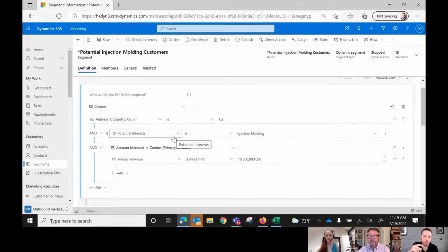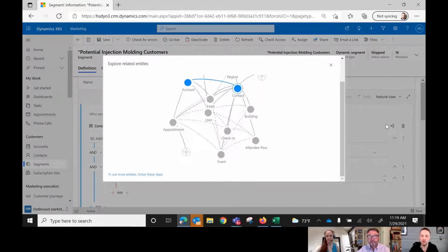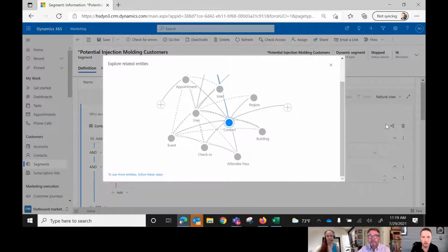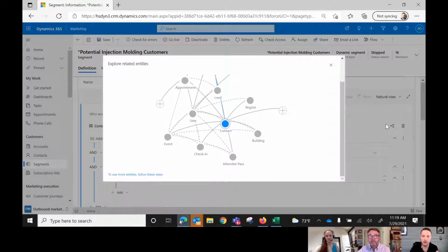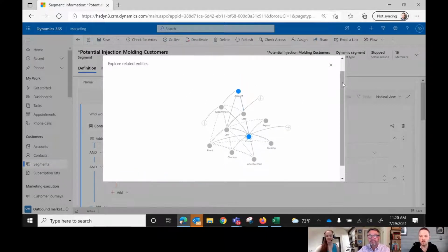So really, this makes it easy for us to go out and have our sellers grab people individually. We can, as marketers, define what our specific attributes look like around our customers and our contacts. And we can take that even a step further to start to say, hey, we know what our customers and our contacts look like, but we want to apply some machine learning to really make sure we're getting them on the right track. And hey, never hurts to add some pretty pictures here. We can, of course, go and just do some neural mapping around the different record types and attributes and entities that we're taking a look at and incorporating into these different